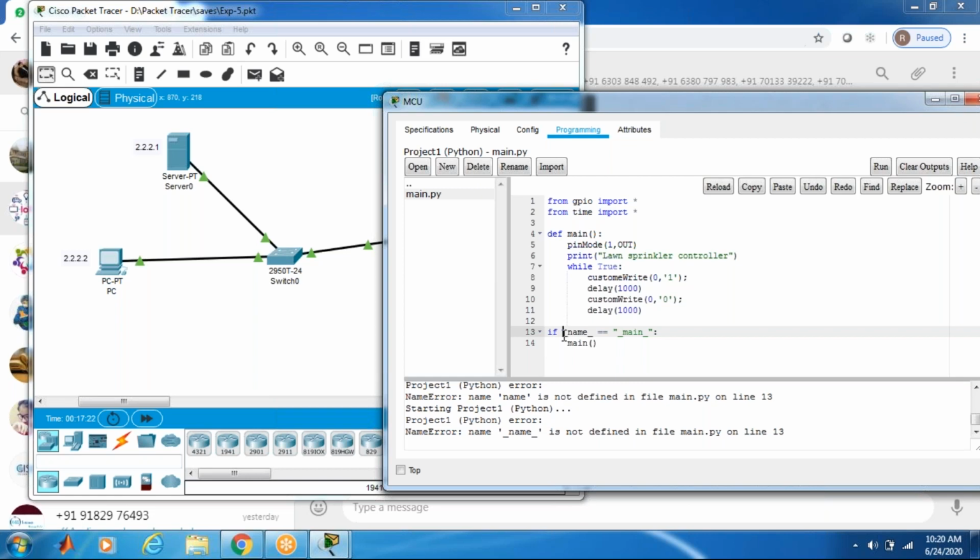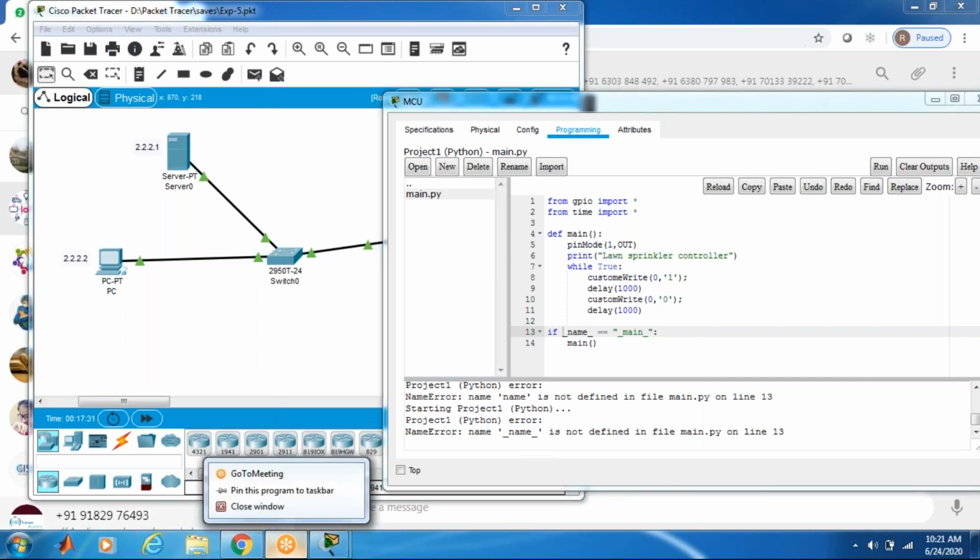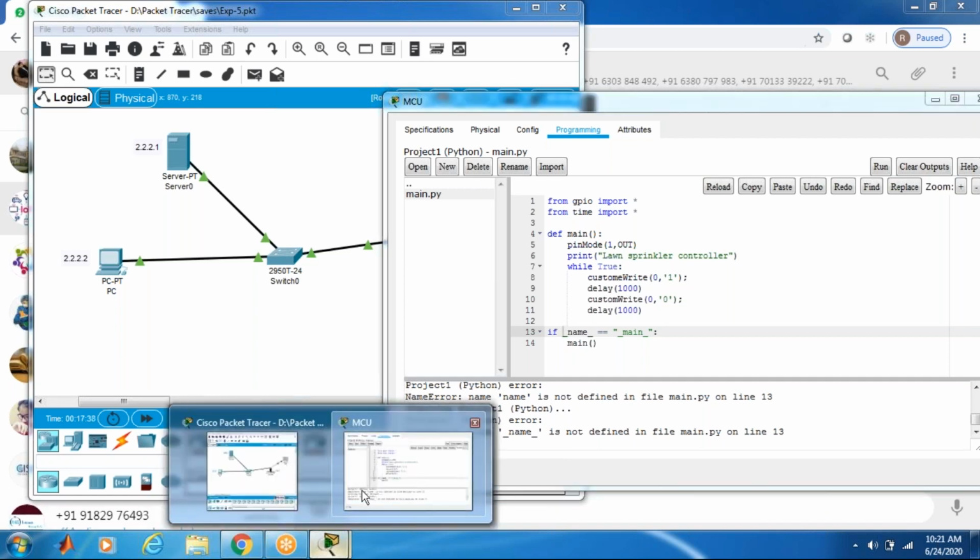Replace the last two lines, the only problem is in the last two lines. Two times underscore. See the chat box also.